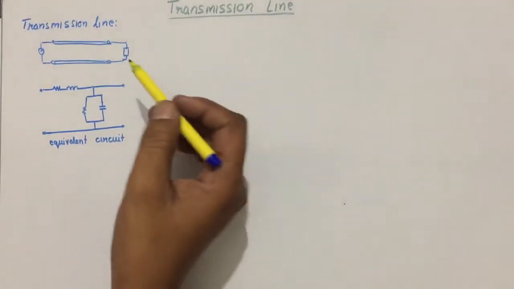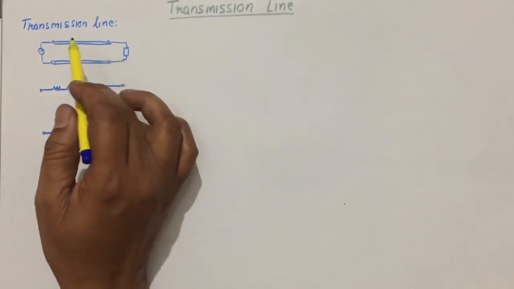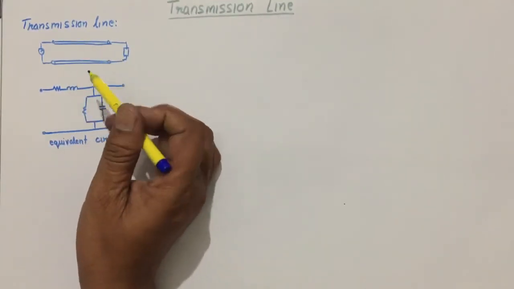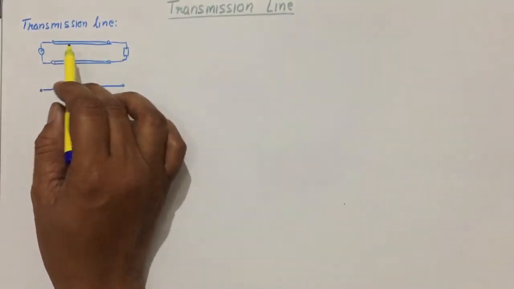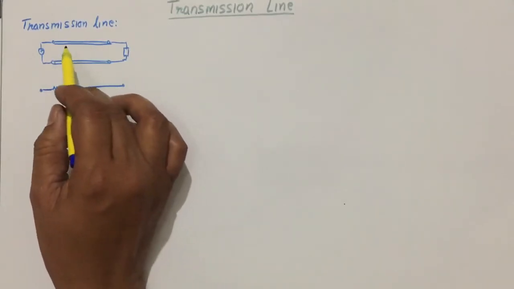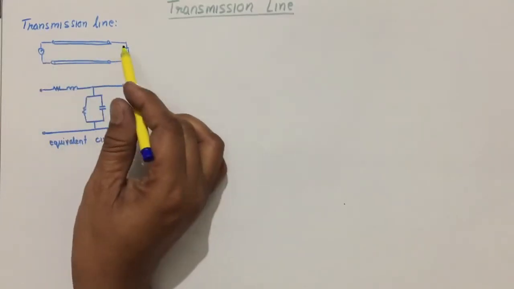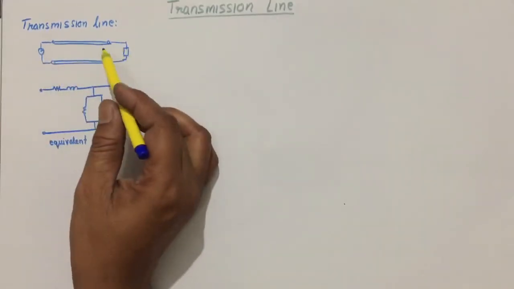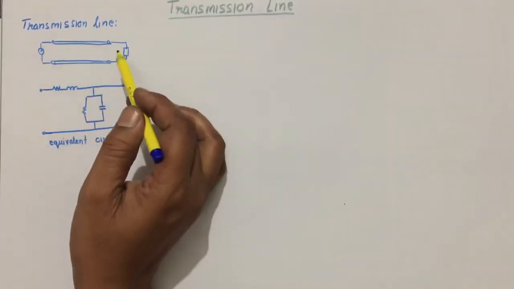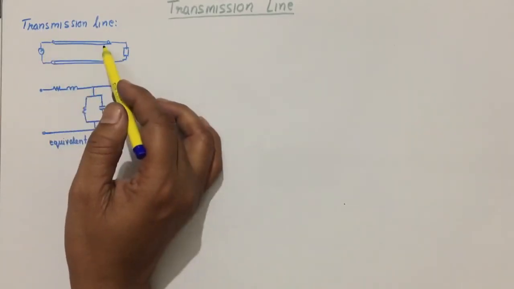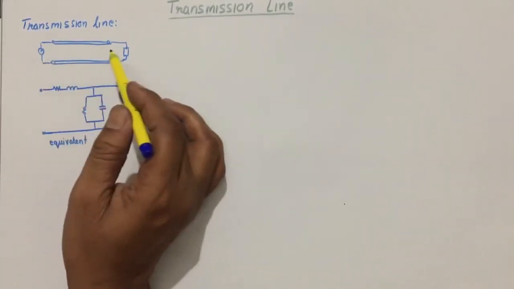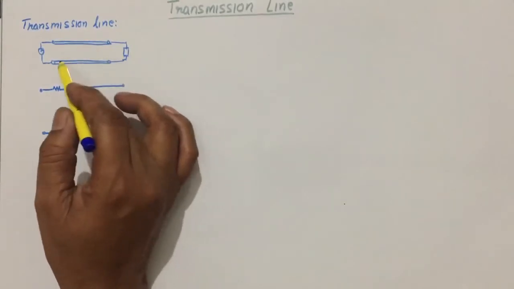So we will start from the equivalent circuit of transmission line. Now let us do the detailed discussion on the transmission line, where we can have two conductors placed parallelly as shown here, and if source is connected to the transmission line, the voltage and current travel from source to the load along the wire.